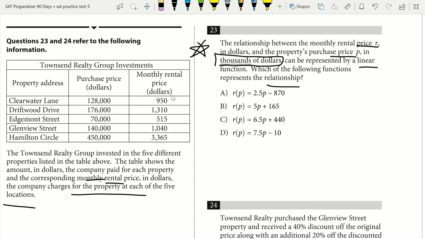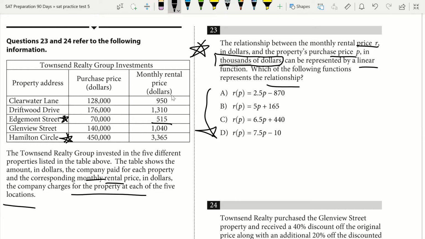The quickest way, in my opinion, to solve this one is just to go through A through D, which sucks, but that's the fastest way in this case. It's rarely the fastest way to do it like this, but in this case, I believe it is. So what you're going to want to do is pick 2 of these. In this case, let's pick this one here since it's dealing with a small number. And then we're also going to want to pick one that's dealing with a bigger number to make sure it applies there as well. So let's pick one like,